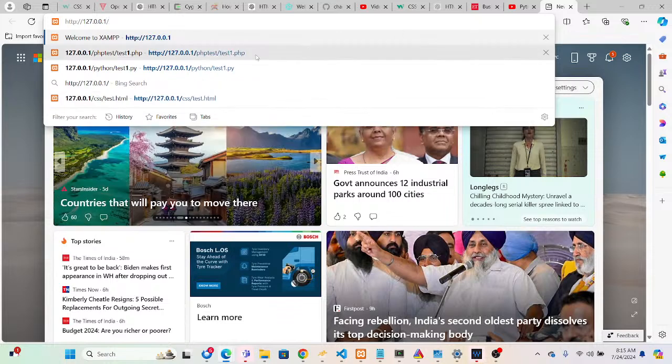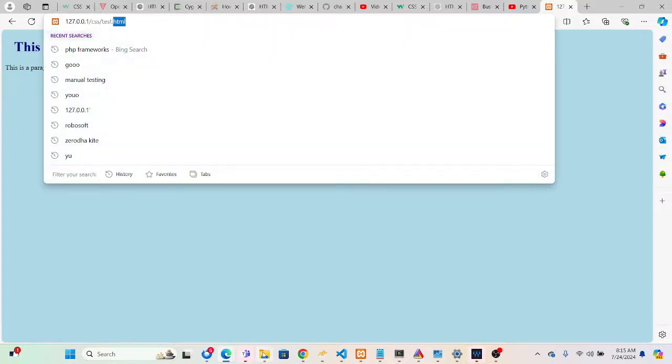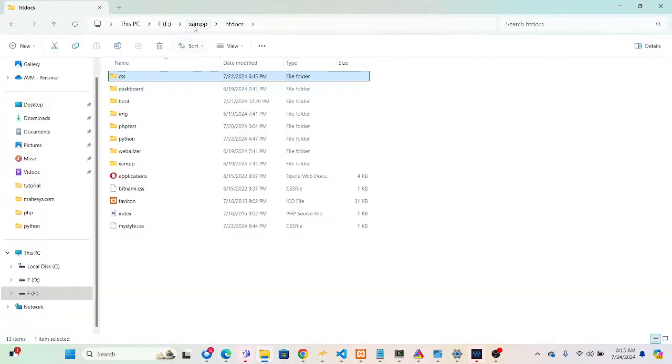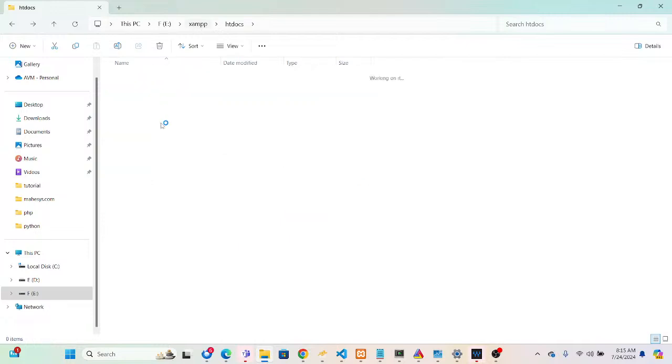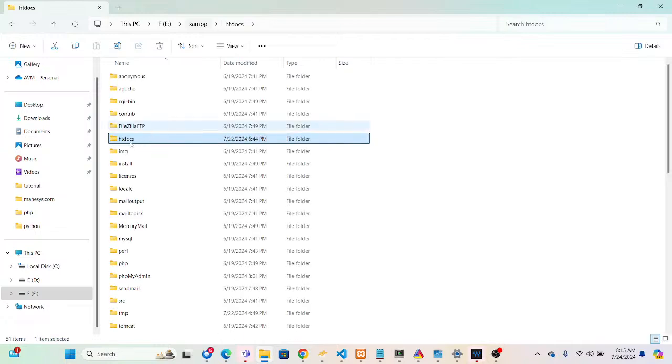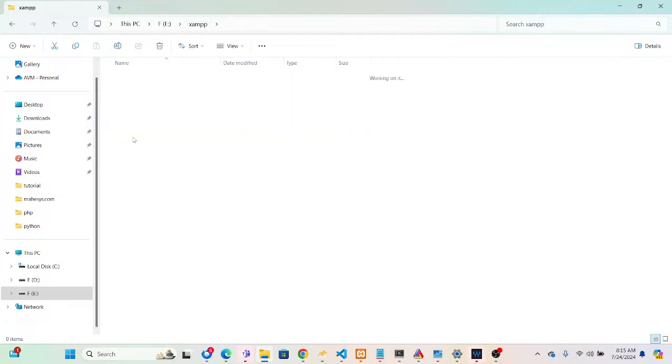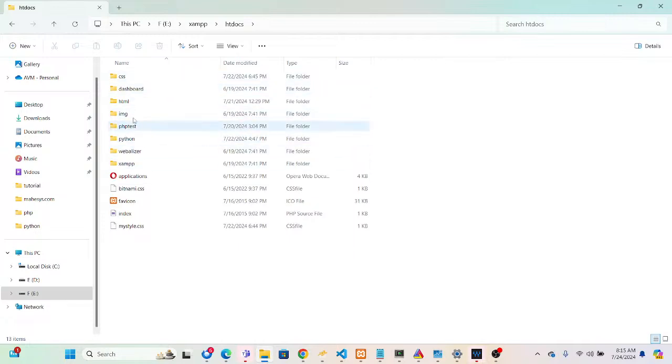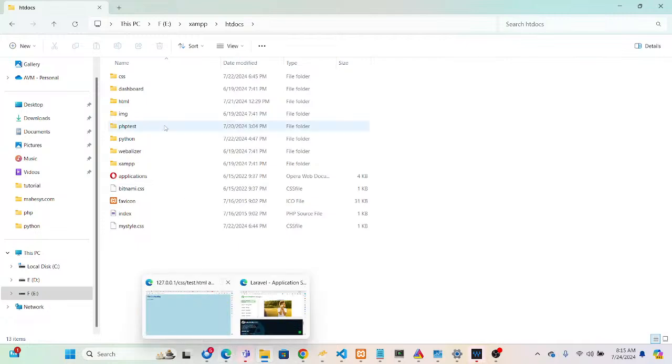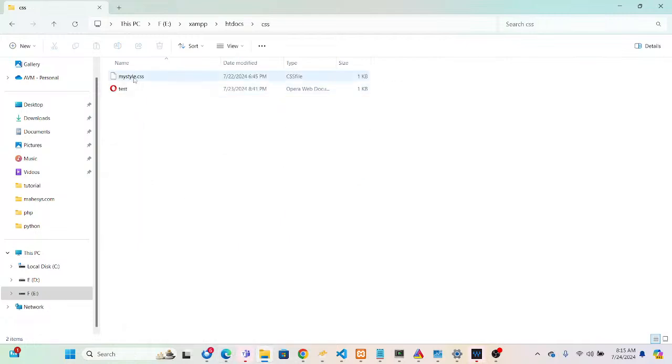all the environments. And I have created a CSS folder, and I have created a sample test. CSS is the folder I will show you here. When you install XAMPP, there will be htdocs in the XAMPP folder. So all the web pages redirect to this htdocs folder, and whatever you keep in this will be visible to the root folder path of the website. So here I created CSS, and whatever I keep here will be visible, and I actually typed here, this is